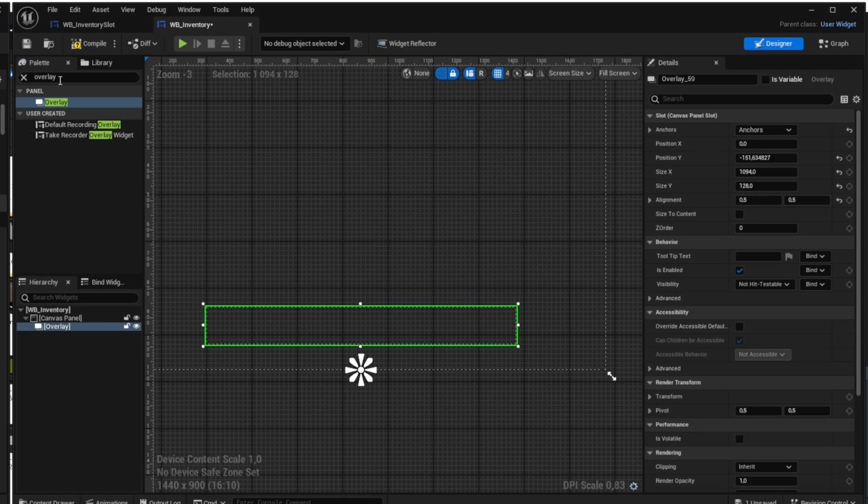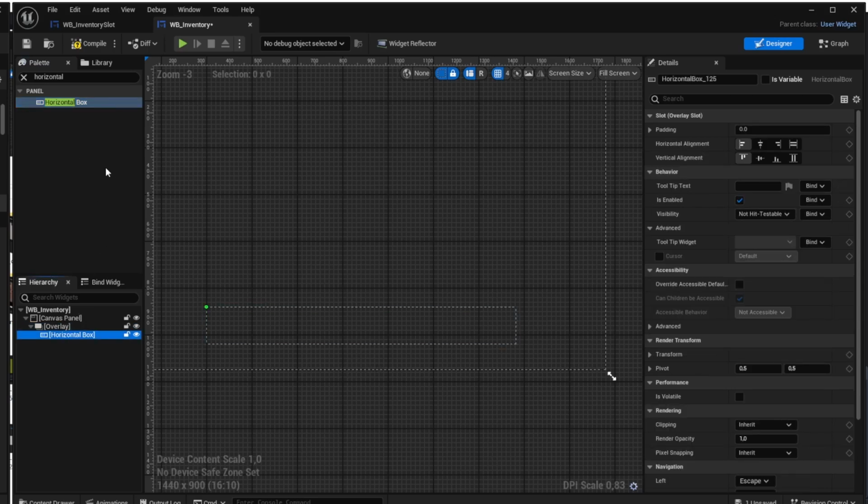So that's all for the overlay, and we can add horizontal box. We will use it to align the inventory slot widgets horizontally in the overlay. So let's drag and drop it and move it to the overlay. Next, we can search for the inventory slot we created earlier and also drag and drop it to the horizontal